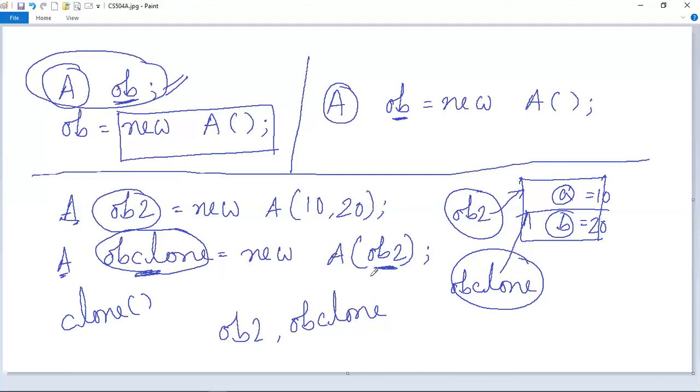So whenever we pass an object to a constructor parameter, and if that object is another object of that class itself, then the object that will be created, which is OB clone in our case, will be a clone object of OB2, because OB2 has been passed as parameter to the same constructor. Now let's go back to the program.